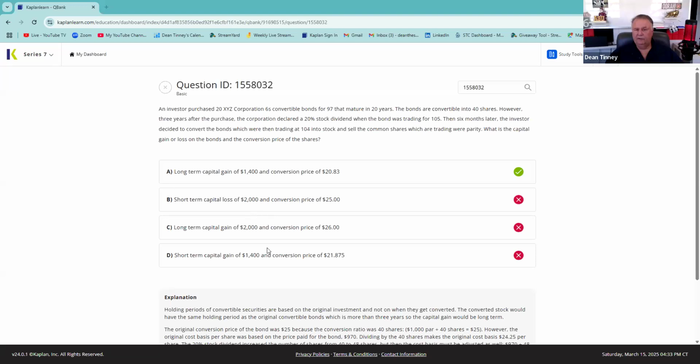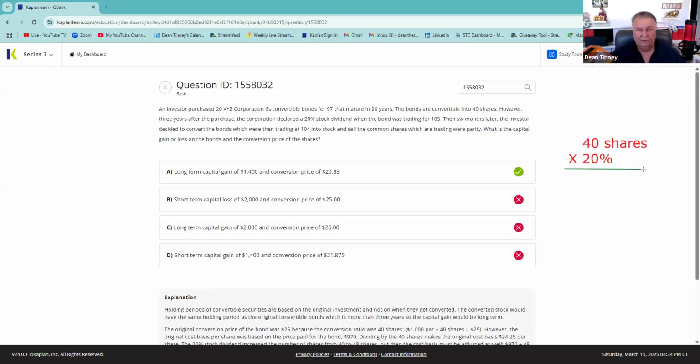And I think the easiest thing to do first, and maybe it will answer the question for me, is to figure out what the new conversion price is based on the new conversion ratio. A lot of ways to do math, but I would have said, okay, if it was a 40 share conversion ratio and they pay a 20% stock dividend, I would first figure out how many more shares I am going to get. This is called the anti-dilution clause. And if I take my calculator,